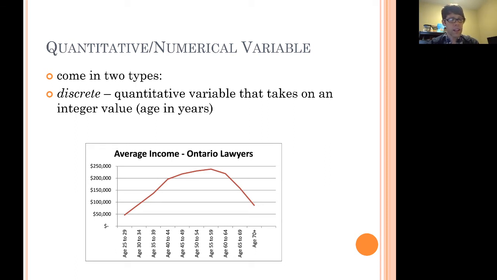Now, our quantitative variables can also come in two different subtypes. The first subtype is a discrete quantitative variable or a discrete numerical variable. And essentially this is numbers that will take on more of an integer value. For example, if we're describing our age, generally we describe our age in years, unless you're a baby for some reason, in which case parents are always like, they're